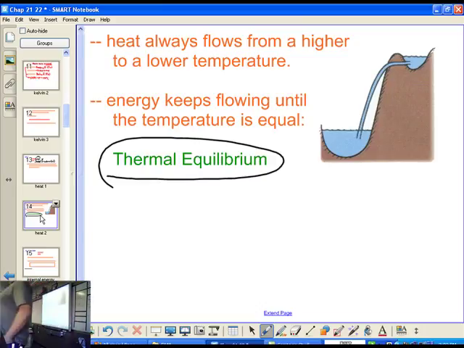Equilibrium. There, we talked about forces. We are in equilibrium when the forces are equal, right? Equilibrium when torques are equal. Same idea here with the temperature. In other words, you are constantly losing energy to this room. Why? Because you are basically 98 degrees and the room is about 70. So you are constantly losing heat to this room. And you will keep losing heat in this room until everything in this room is the same temperature